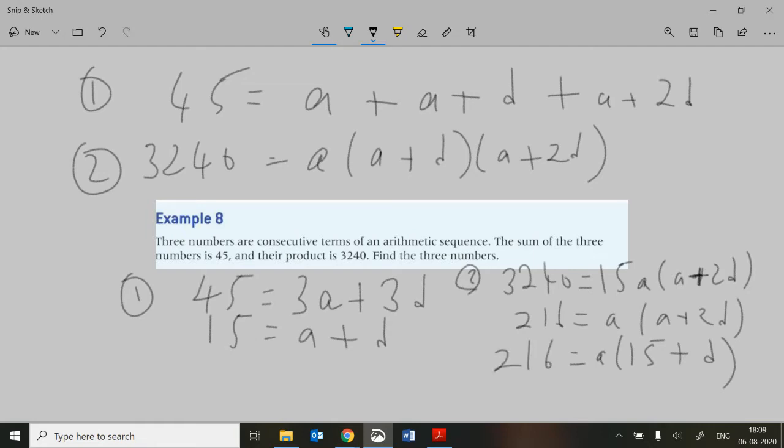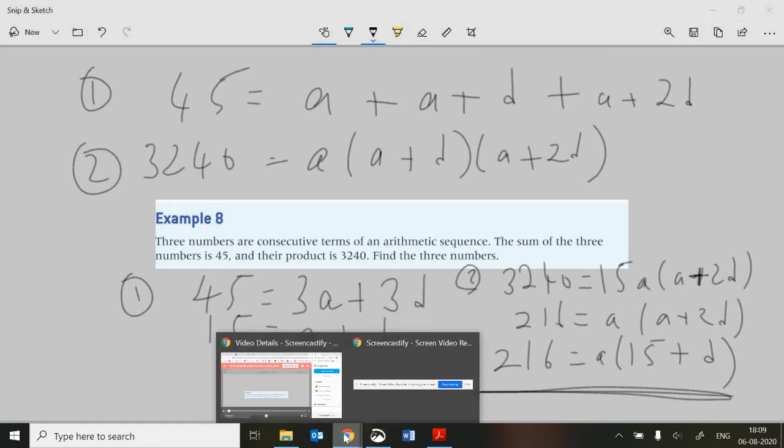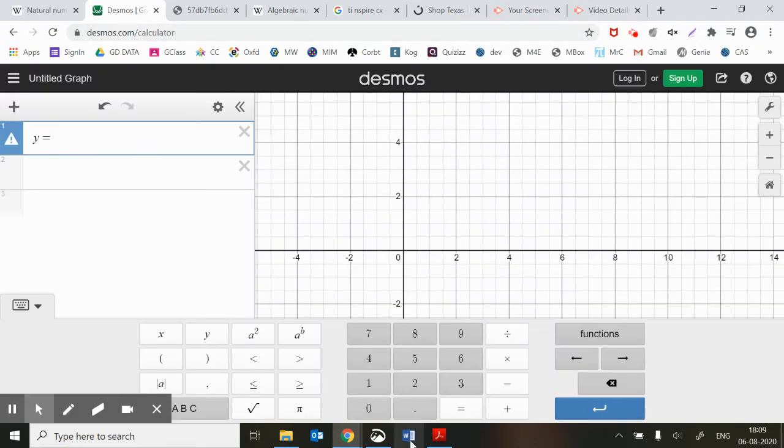Now, obviously, if I've got 2 unknowns and 1 equation, I can't solve that. I can only come up with answers, pairs of numbers which work. In other words, let's check it out. Okay, let's do something a bit more fun. If I put this into Desmos, right? So let's call